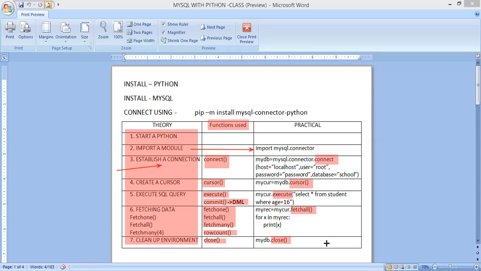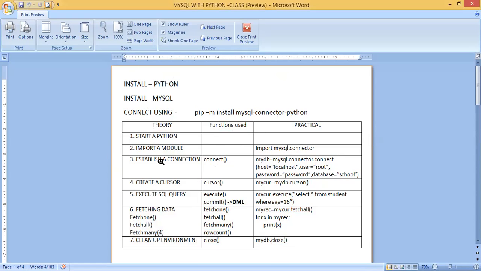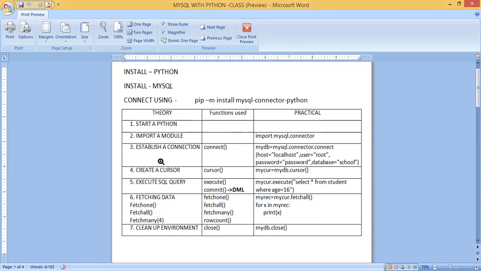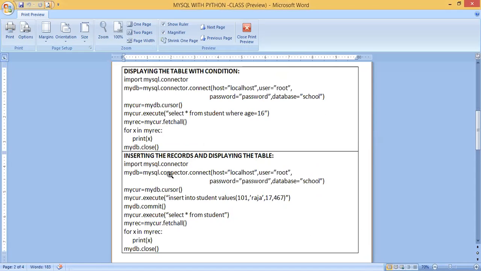Yes, sir. Okay, so this is the theoretical steps and the practical step. Then you just note down the next thing, that is, example programs in this chapter. Just note down the next two to four programs. Anyway, I will share these programs in the WhatsApp group. You just note it down now.